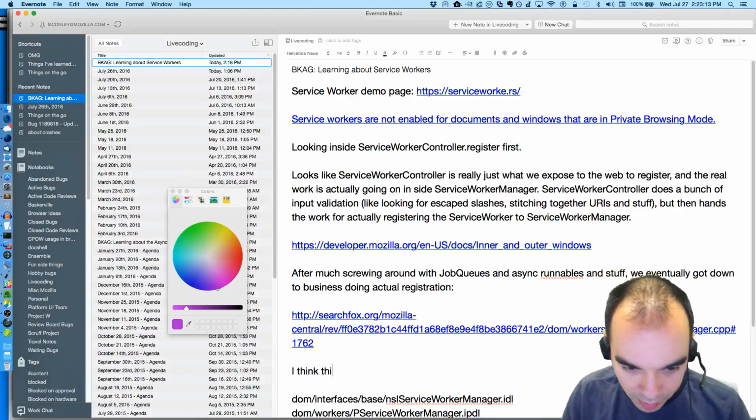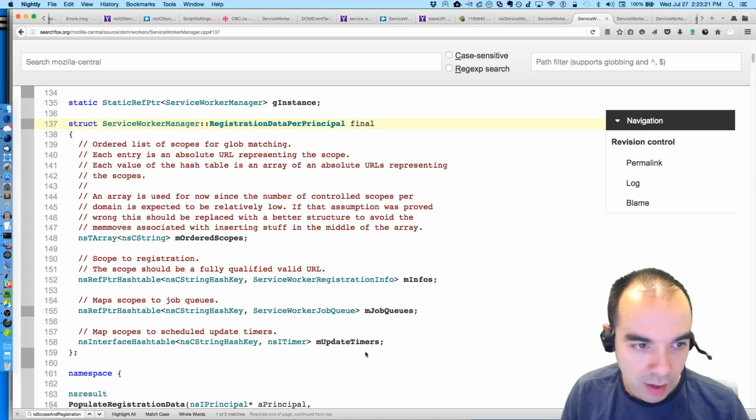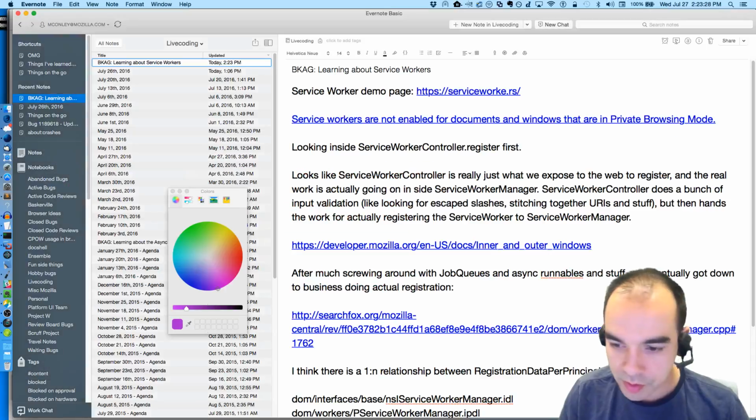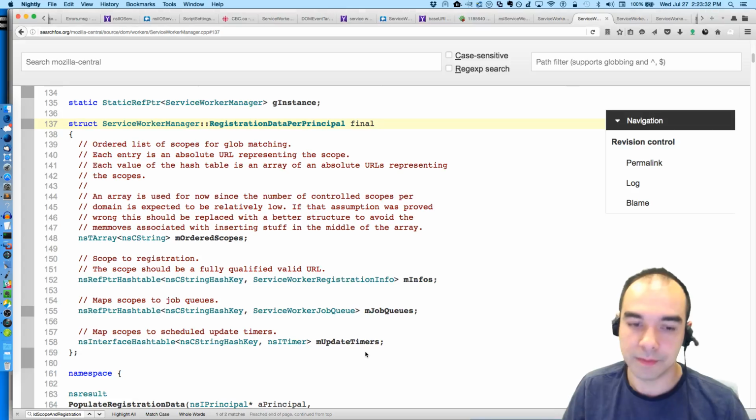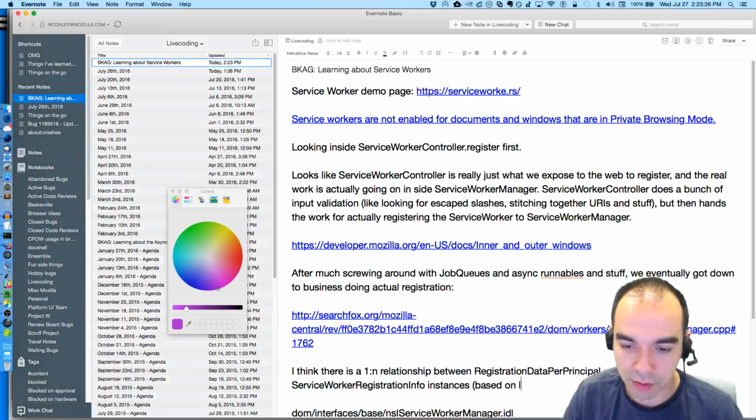I think there is a 1 to n relationship between registration data per principal and service worker registration info instances based on looking at registration data per principal struct.